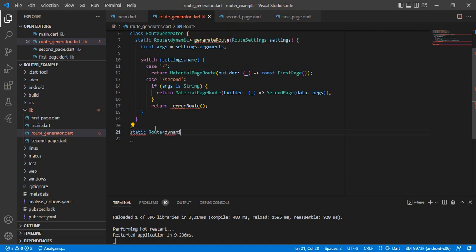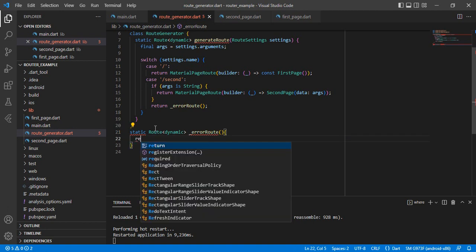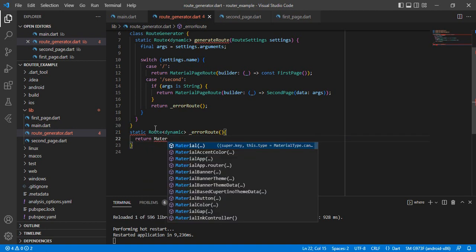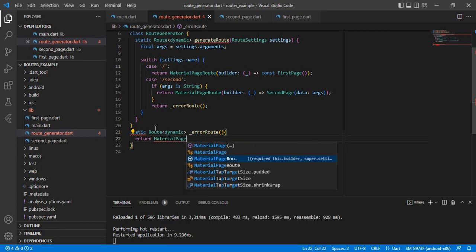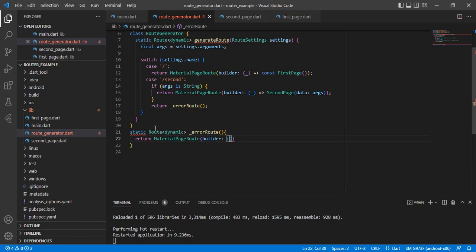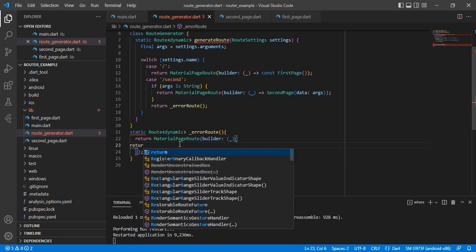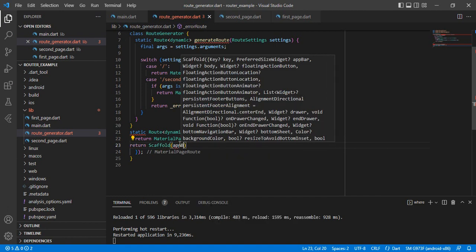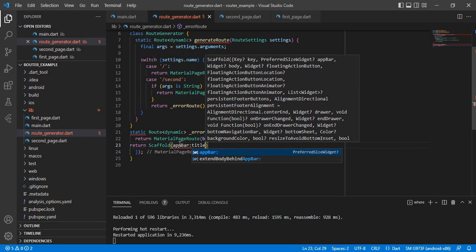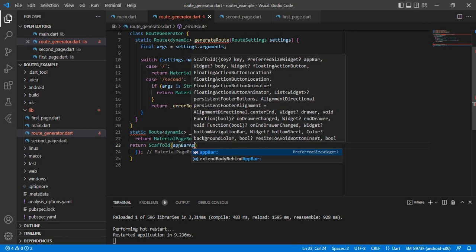route, dynamic error route, return material page route, builder, we don't need any context, and then we return scaffold of app bar title, sorry, app bar